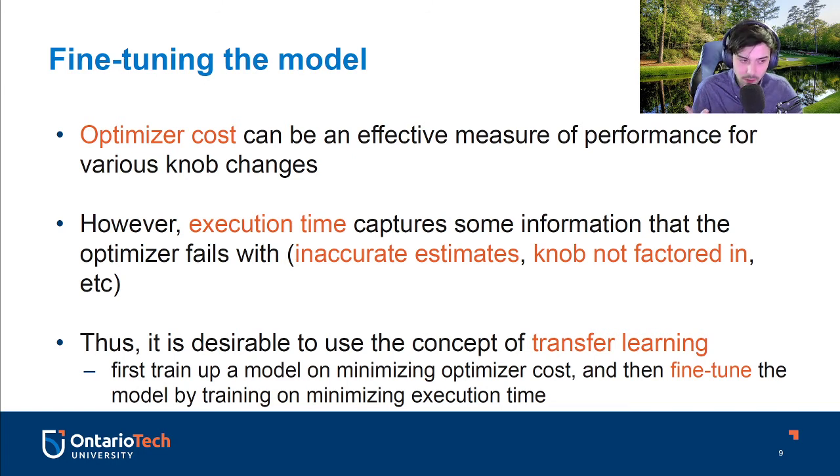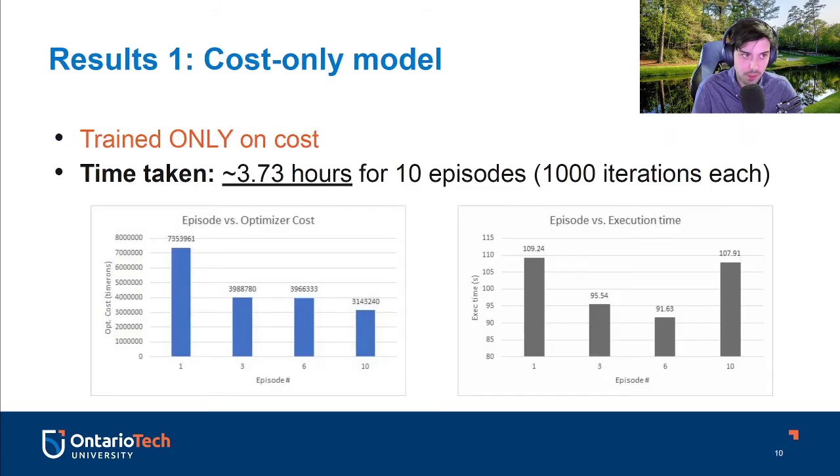So what if we first trained a model on minimizing optimizer cost, and then, reusing that model, we fine-tune it and improve it by training on minimizing execution time instead? And you can probably see where this is going. So, some early results: